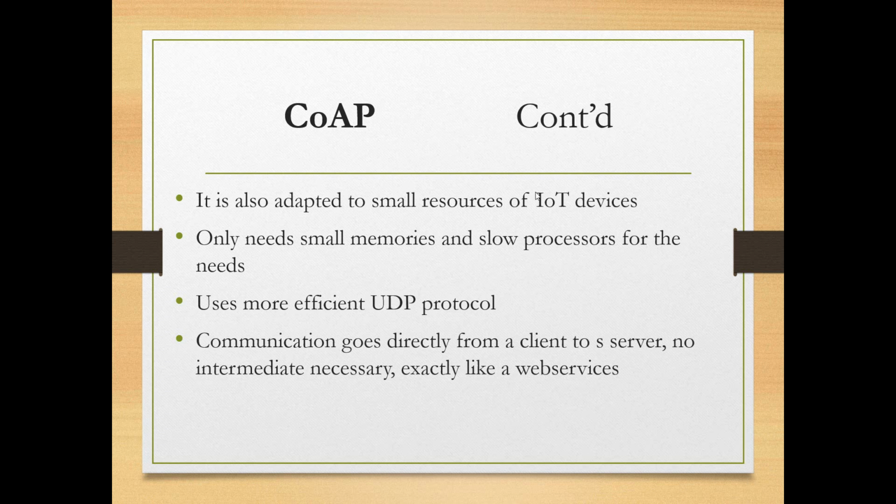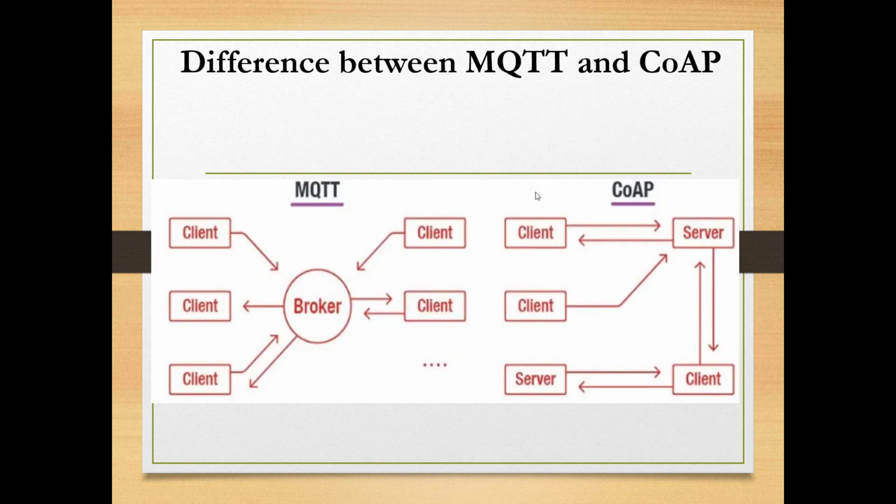It uses the more efficient UDP protocol, but the MQTT uses the TCP communication protocol. Here for the constrained application protocol, the communication goes directly from the client to the server, with no intermediate necessary, like the web services. So now, what is the difference